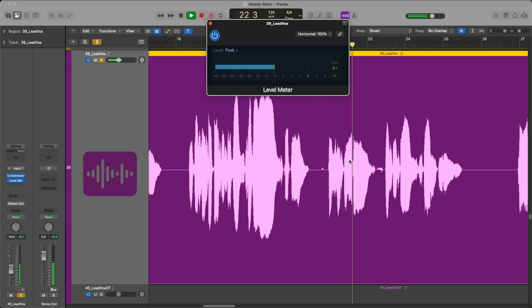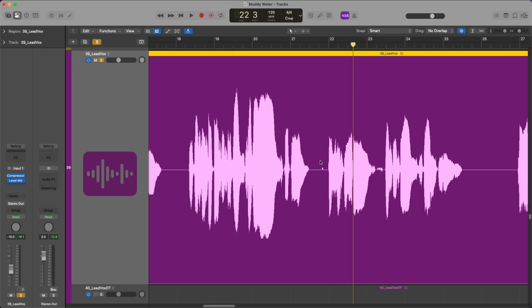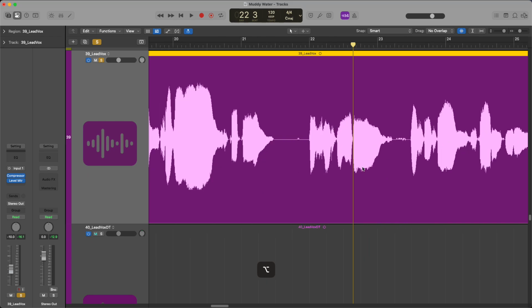So if you remember earlier, this line before the compression was way down here, and now we're up way past this yellow line. So what that means, and this is really what it comes down to with compressors, is that